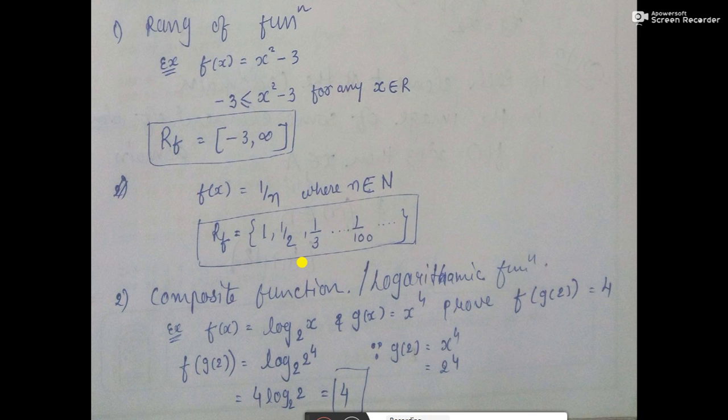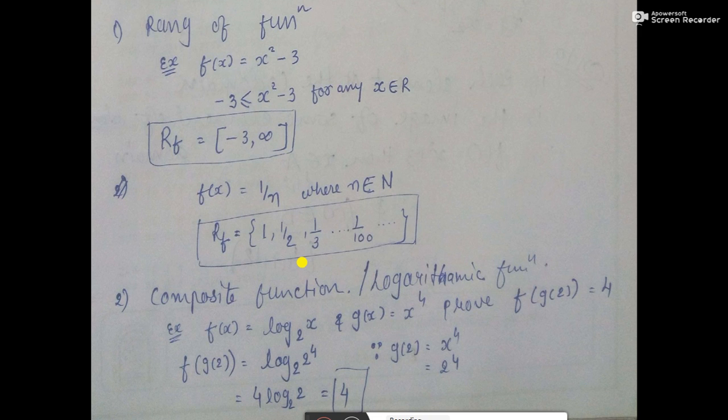It means whatever value you put in this x, this is a variable in which you are placing a value. Whatever value you place, that answer must not be beyond your range. It means you need to find the range in which every value can be related. So R of f, the range of function, will be